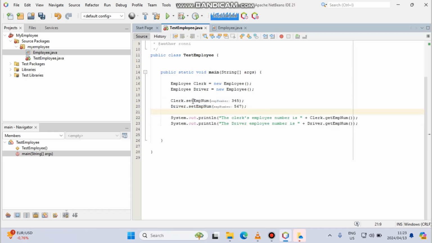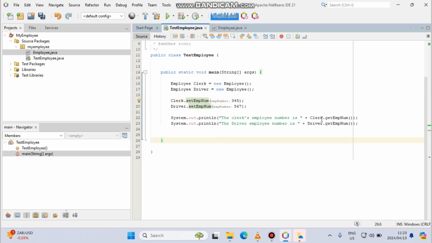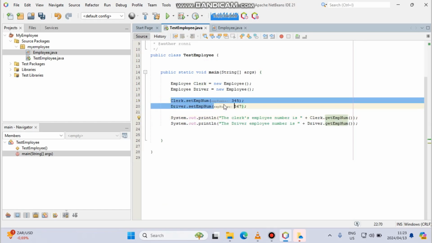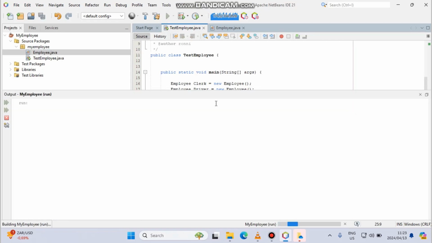We first try to use the set to set a value from this employee class here, because in here we're setting a value to be stored in here. That's why fundamentally when you say clerk.get, I'm going to get the value. After I set it here, I have to get the value to be printed. If I just run this right now,